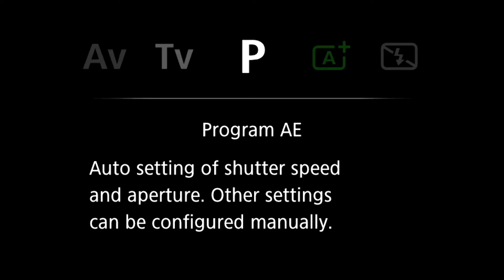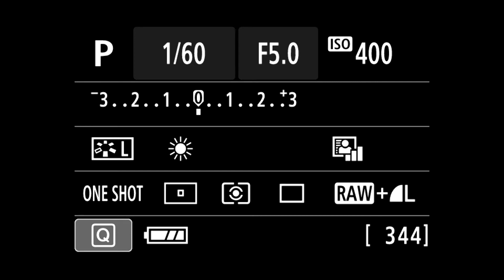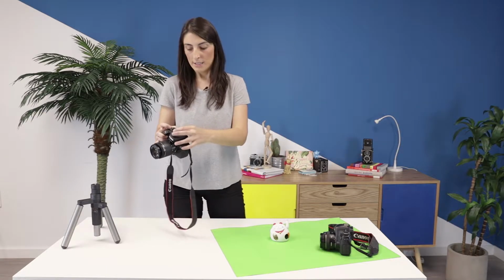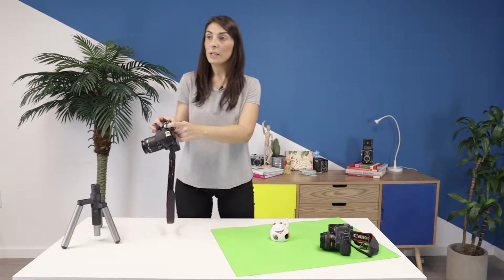Then here we find the P mode, program mode. In general, this works fine for any scene. It's quite similar to the manual mode, but with control. If we select the automatic mode, which is the green icon you can see on your control dial in your